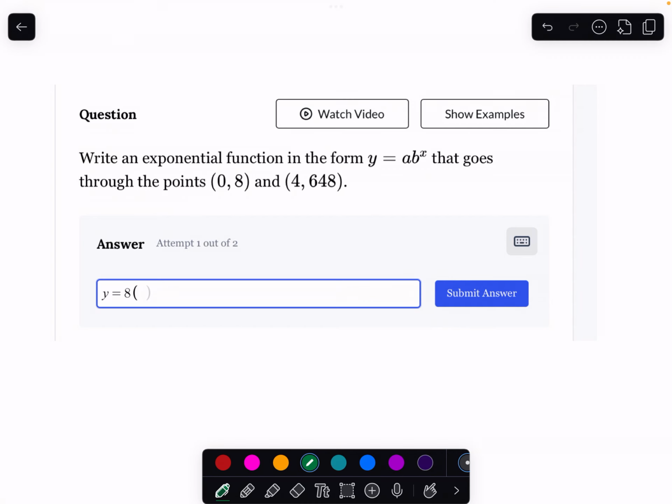Okay, so we're gonna find... So we have this is my x, this is my y. So here's my x and here's my y. So I'd have 648 is equal to 8 times b